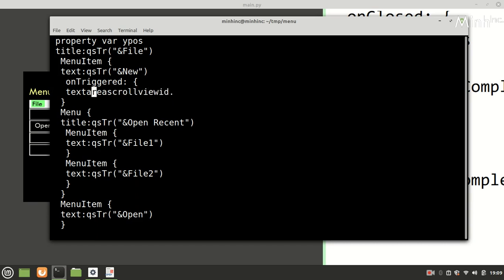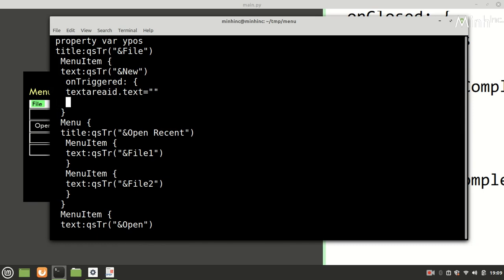So on triggered, we are inside the menu. So text area ID dot text equal to empty, and we'll make it focus. So text area ID dot force active focus. So we'll execute this.